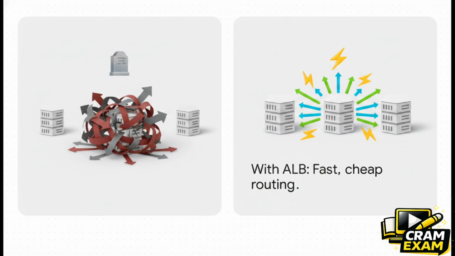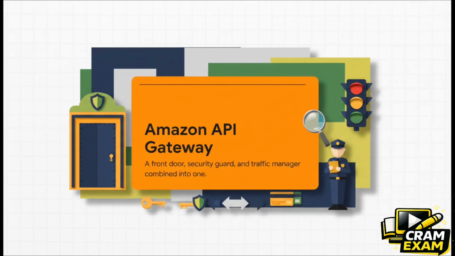Now let's look at Amazon API Gateway. API Gateway is not just a router. It is a full-blown front door, a highly trained security guard, and a sophisticated traffic manager all combined into a single managed service. It can do what the ALB does in terms of directing traffic, but it adds massive, crucial